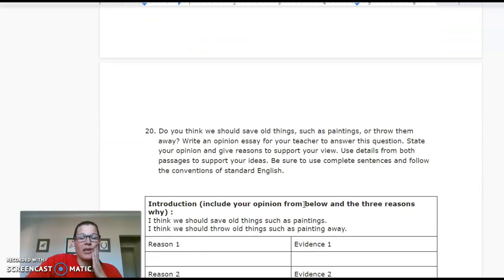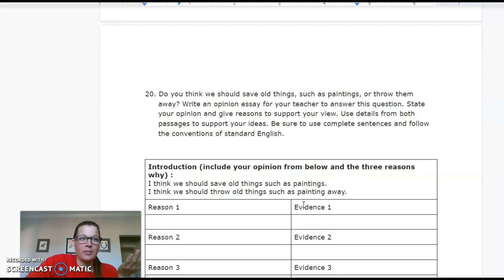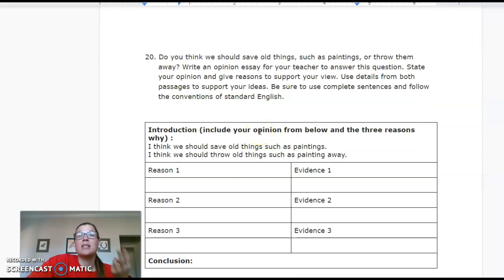And then your second one is an opinion essay or an opinion text. The word essay scares some people, so I try not to use it too much. But it's asking you what you think about whether you should save old things, such as paintings, or throw them away. Okay? So you're going to think about it. What do you think? Should you save old things? Should you throw old things away? Are they just clutter? Are they meaningful? Do they have value? And it tells you to write an opinion, giving your opinion, and then reasons to support